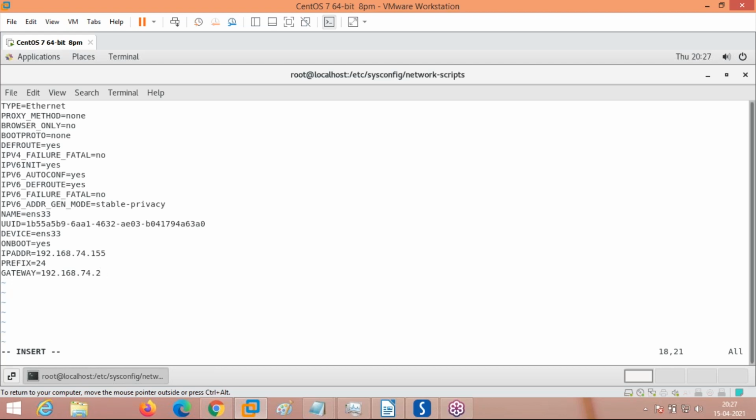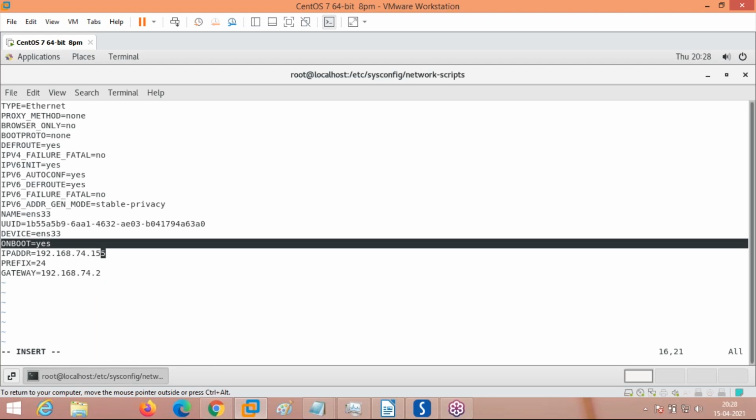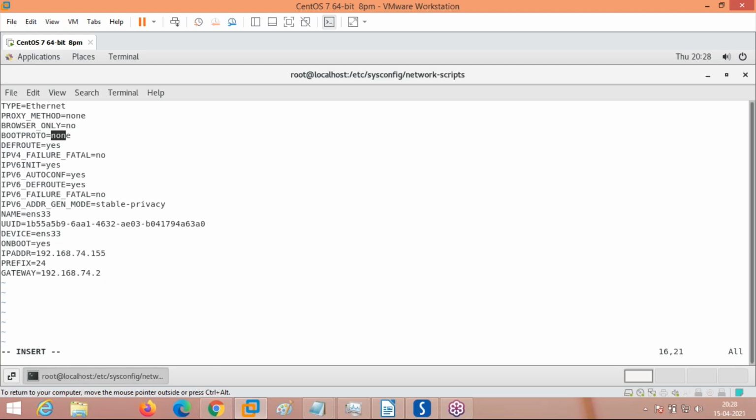If you are not interested in giving the IP address, prefix and gateway manually, just change ONBOOT to yes and set the boot protocol to DHCP instead of none, save the file and run systemctl restart network.